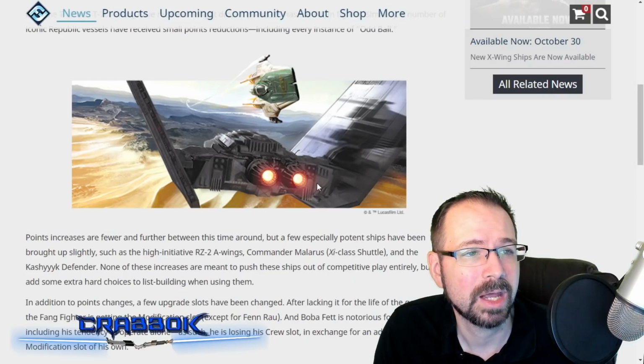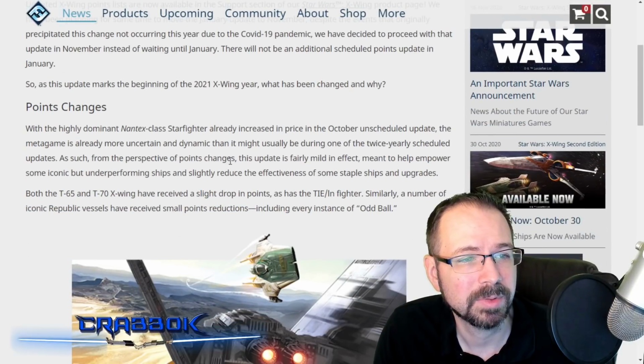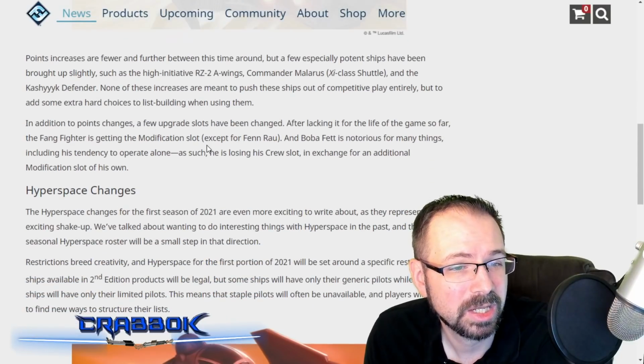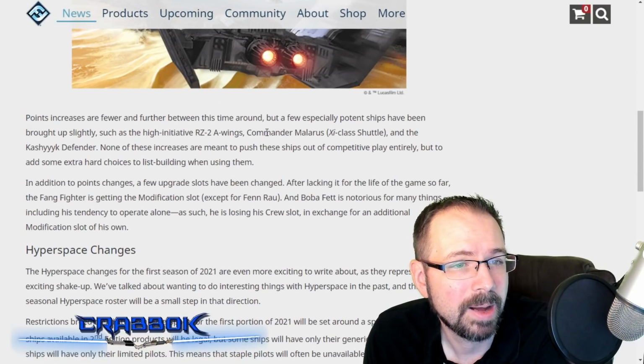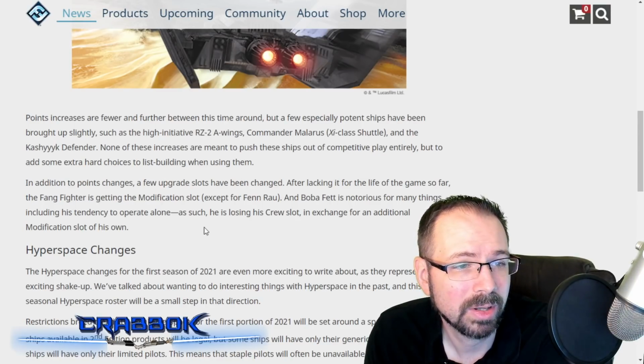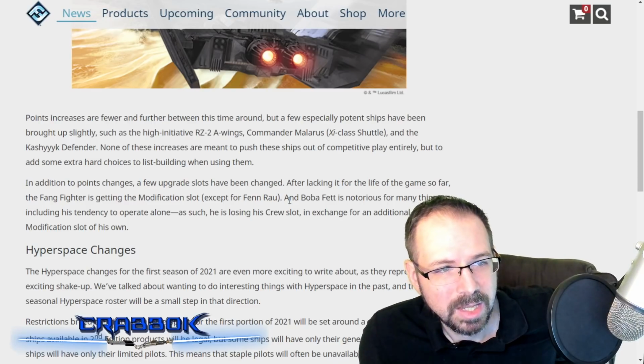We did get an article here talking about the points update. They talked about some of the points update. They also talked about some of the hyperspace legality and things that changed here in this particular article. They did talk about RZ-2A wings, Commander Malorus, the Kashyyyk Defender. Also talking about the Fang fighters gaining mod, except for Fen Rao, and Boba Fett of all things losing his